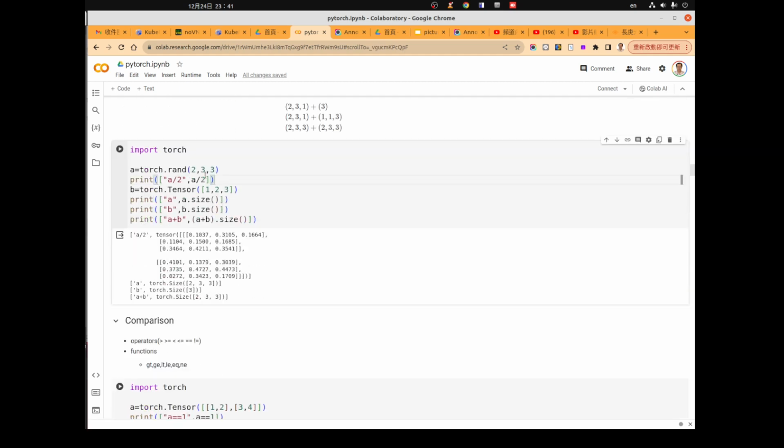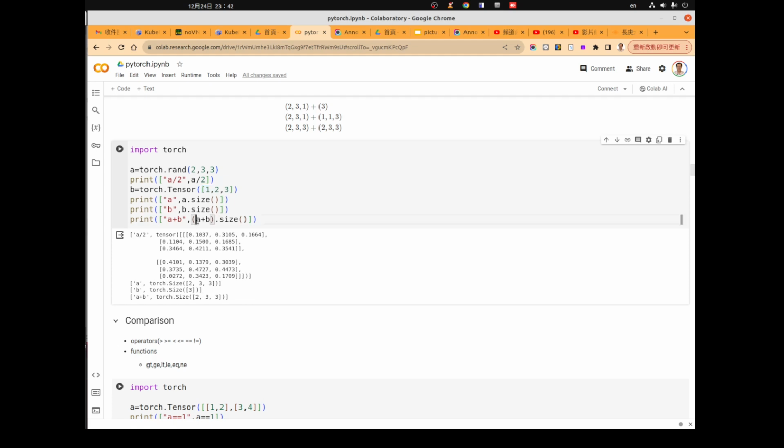Okay, so we can try some trials here. We create a tensor whose dimension is 2, 3, 3, and then we create another tensor which is a one-dimensional tensor with 3 elements. So we can see that the shape of A is 2, 3, 3, and the shape of B is 3.